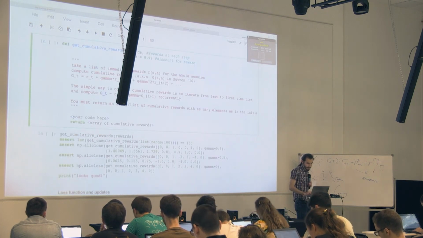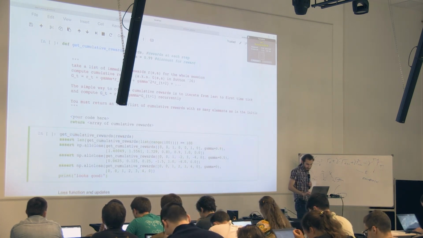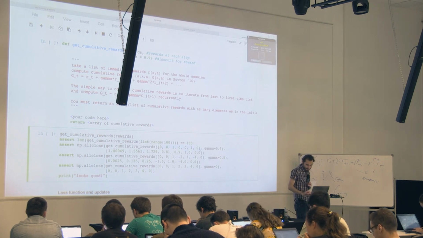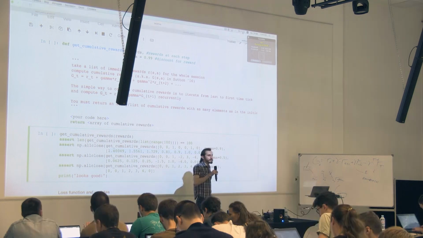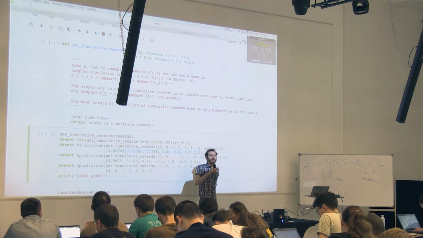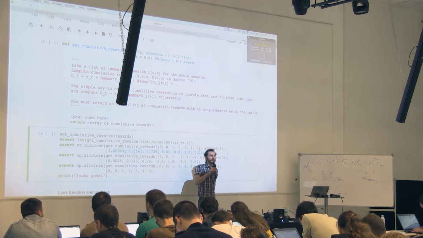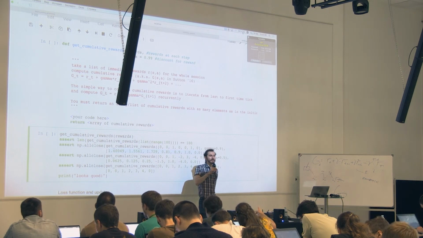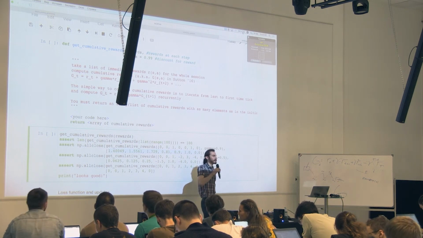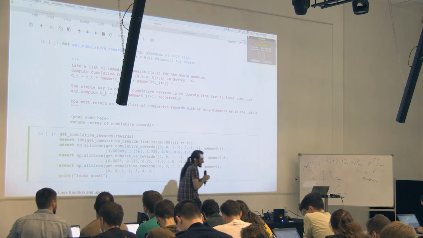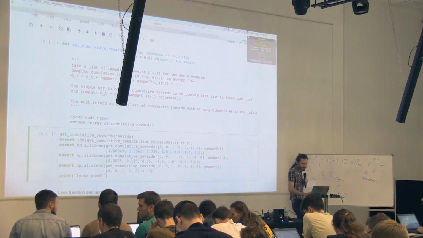Again, please implement it and get through those asserts. Here are some values. So if those are your rewards, then those are your Gs. The rest of us are doing this assignment. If you feel that you are much more competent and you're already aware of many RL methods much more efficient than this one, then for you we have this second part